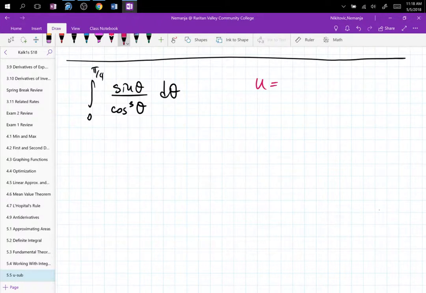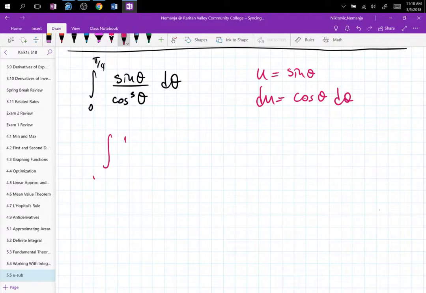Sine. Okay. Let's put u equals sine theta, and then du to be cosine theta d theta. So now if you substitute, you get u divided by